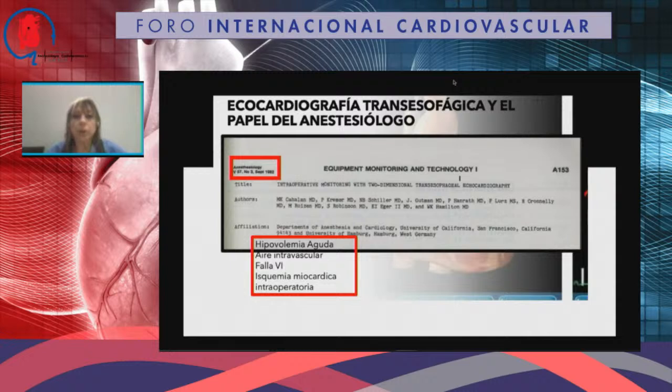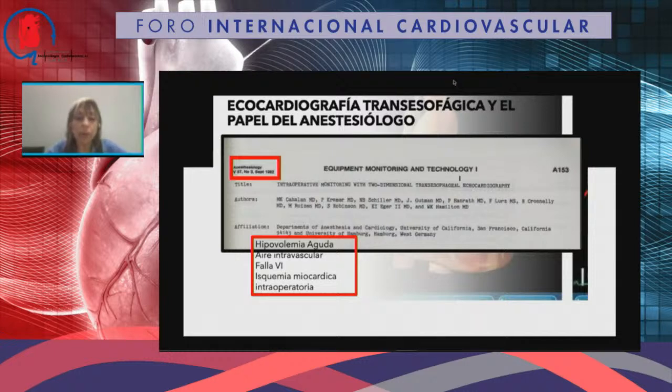Por supuesto, entra entonces en el escenario de la anestesia cardiotorácica la ecocardiografía transesofágica, con un papel protagónico que yo creo que ninguna de las tecnologías podrá quitarlo. Creo que hoy ninguno de nosotros puede concebir hacer un acto de anestesia cardiovascular sin tener un eco transesofágico al lado. Y empezamos a hablar de esto a partir de más o menos 1982